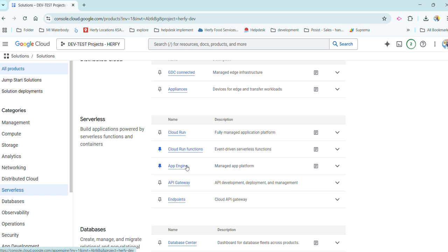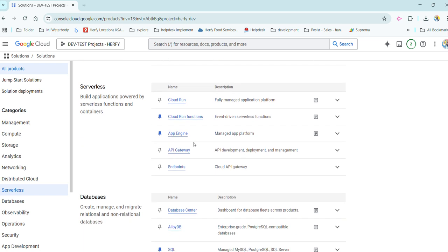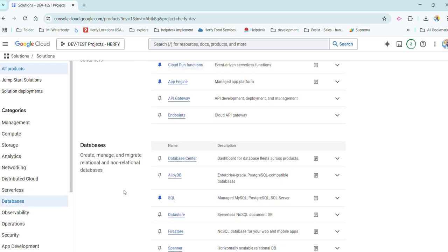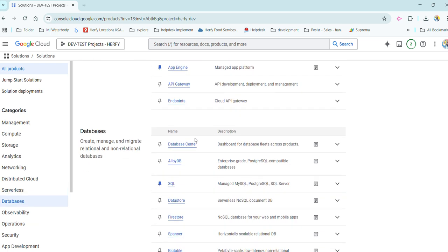App Engine is a little more work than here. When it comes to Cloud Run, we don't need to do anything, it's fully serverless. App Engine is also serverless, but we need to set up some software, whatever we want. API Gateway, endpoints, everything's available here. When it comes to the database